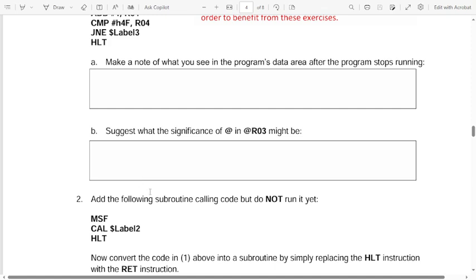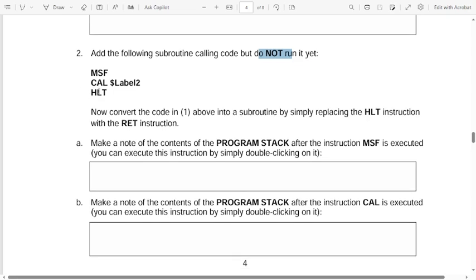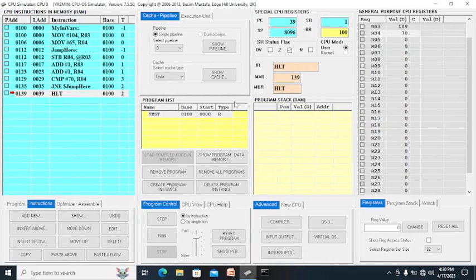Okay, it says that do not run it. There is still subroutine calling code, but do not run it yet. Okay, and change the halt into return.